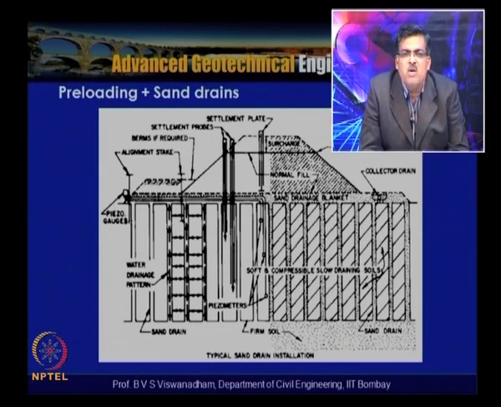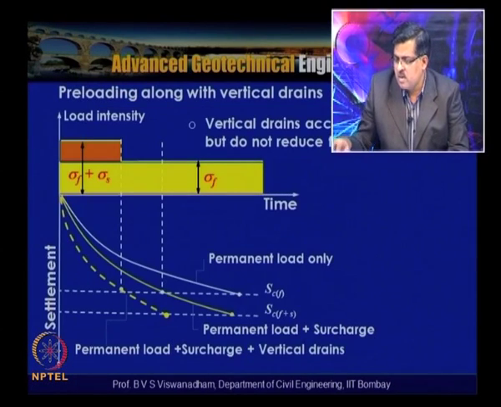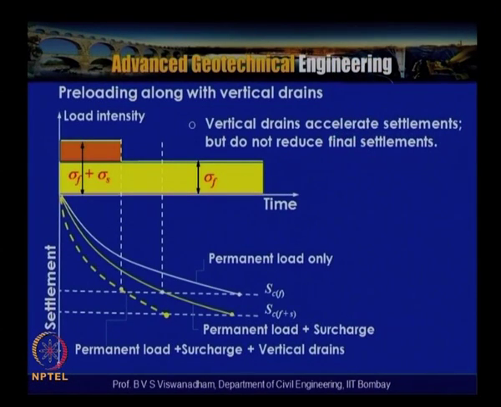When you compare the components of radial consolidation and vertical consolidation, the vertical consolidation component will be very less and the radial consolidation component will be very high. Because of that, the settlements will be very fast. Here, preloading along with the drains is shown. With preloading along with the drains, the time versus settlement diagram is shown here. This is the pre-consolidation settlement which is possible.